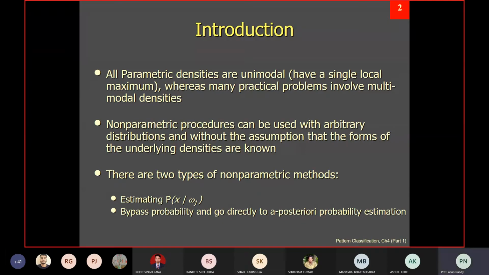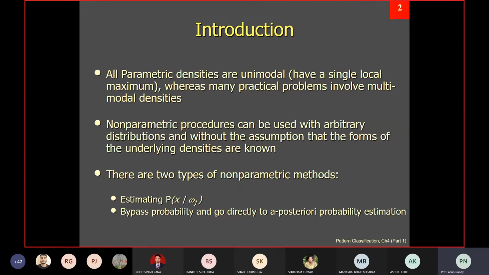Multimodal means you have more than one maximum, and then you face difficulties in solving this type of problem. Practical problems involve multimodal densities. We have already seen parametric estimation using ML and Bayesian estimation, but in non-parametric procedures,